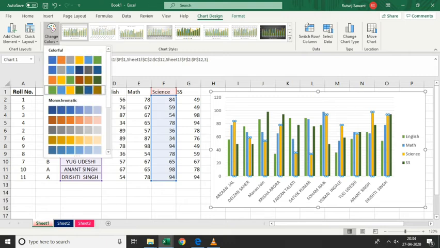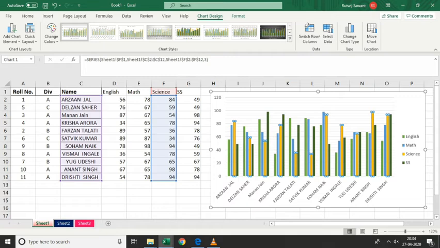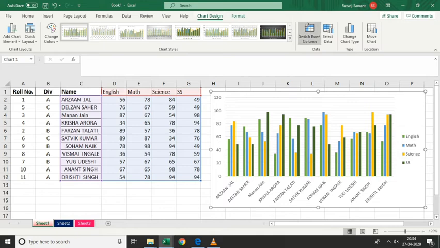Now let's move on to switch row or column. So what is switch row or column? I'll directly click on that. This will swap the data over the axis. Over here the names of the students were on the horizontal axis and the data 0, 10, 20 was on the y axis. So I'll click on that. You can see it has changed now.